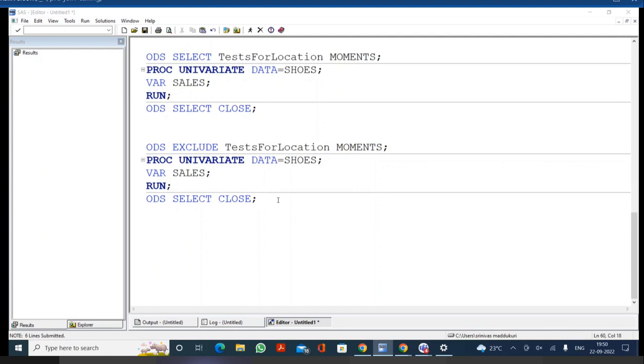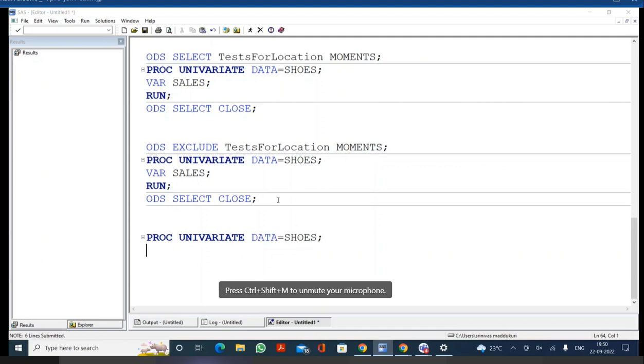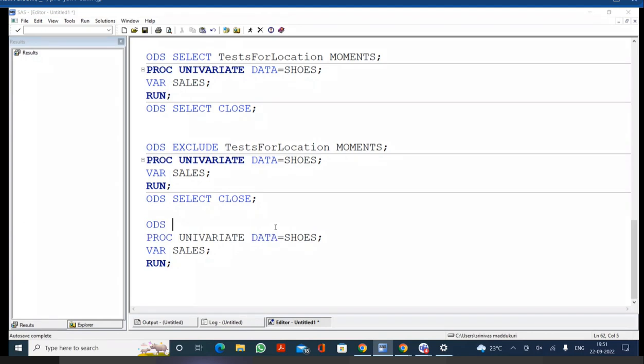But now I want to save the information to a data set. Say, for example, extreme observations information. Now I'm writing proc univariate data is equal to shoes data set where sales data set, then run. If you want to save any table information, before the proc univariate procedure we should write ODS output. Which table information do I want to have? Extreme observations. Extreme observation table name is equal to,